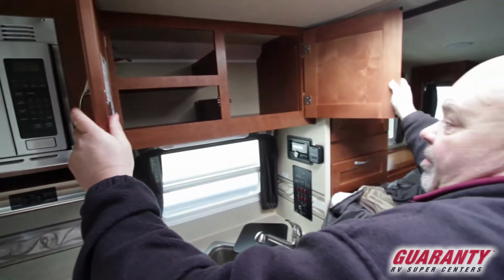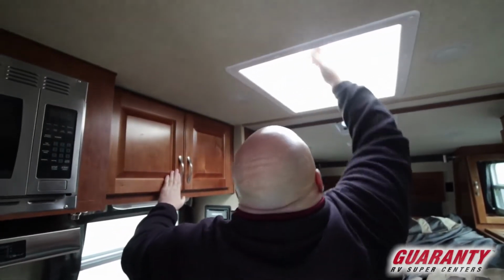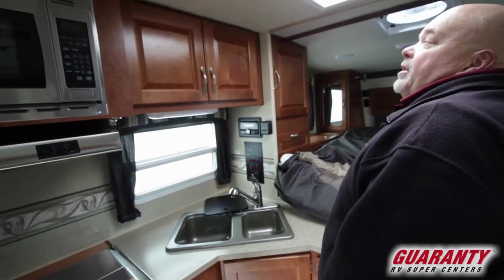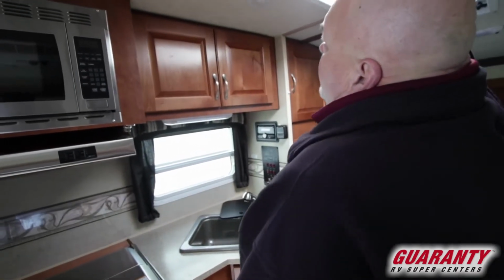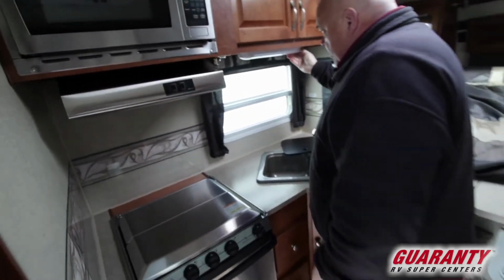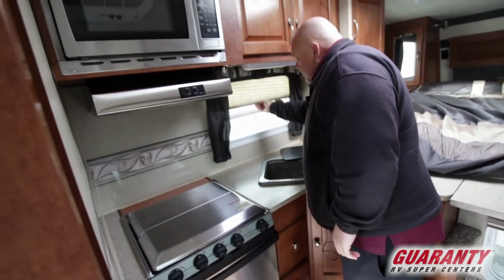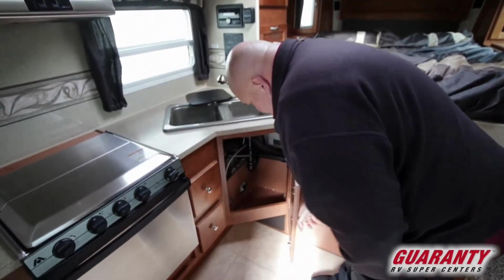nice storage area above the sink, big old skylight right here, and look at this bad boy, a nice little screen to pull across to try to block the sun. If you were out and about in Eastern Oregon, Arizona, lots of sun coming through there. Nice light right here to hook up the window, so you're at the kitchen, you're doing your thing, and you got a nice screen you pull down if you don't want anybody seeing you. Storage underneath here,